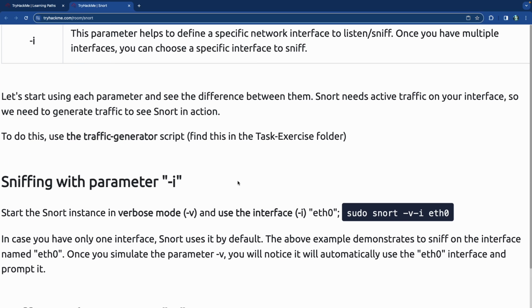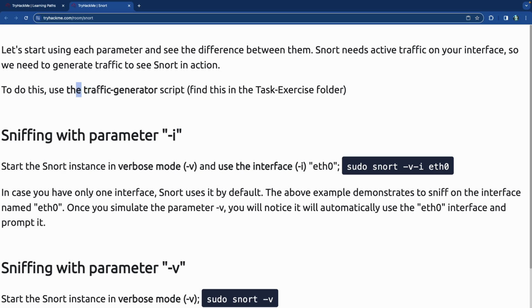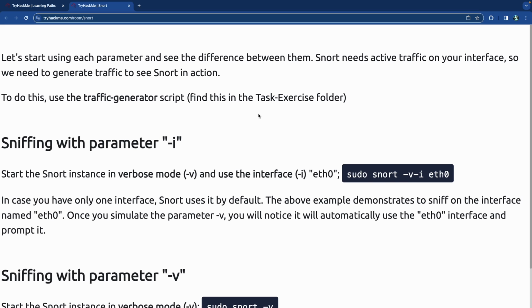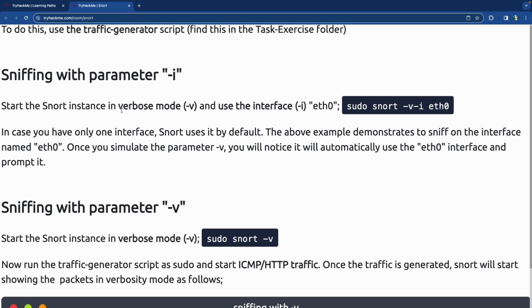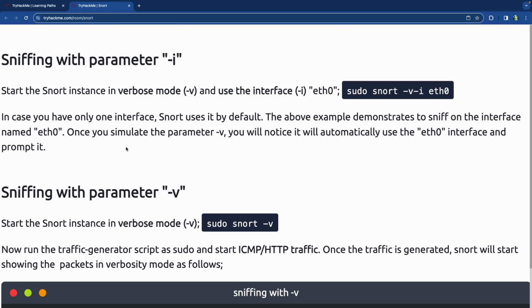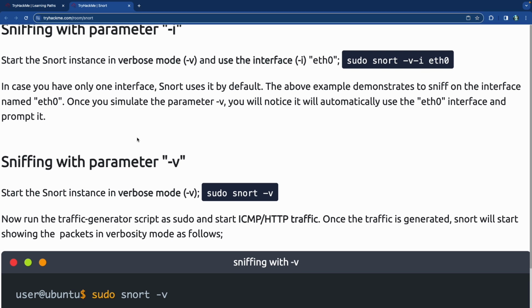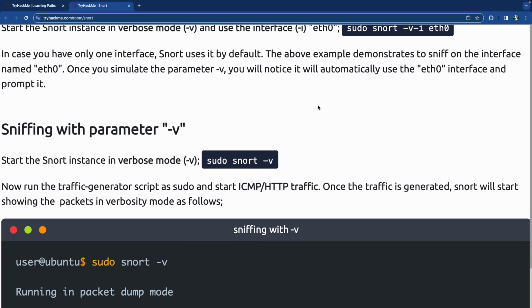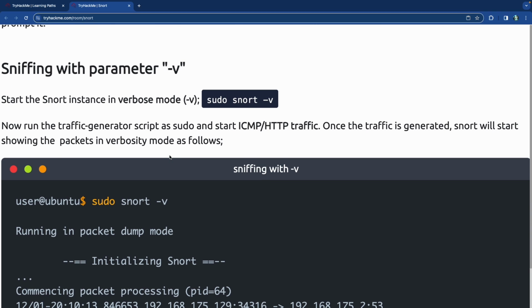So let's start using each parameter, and to do this, the traffic generator script in the task exercise folder is what we're going to end up using. So start the Snort instance in verbose mode and use the interface eth0, which is sudo snort -v -i eth0. In case you have only one interface, Snort uses it by default. The above example demonstrates sniffing on the interface named eth0. Once you use the parameter -v, you will notice it automatically uses that interface and prompts it. And so sudo snort -v,